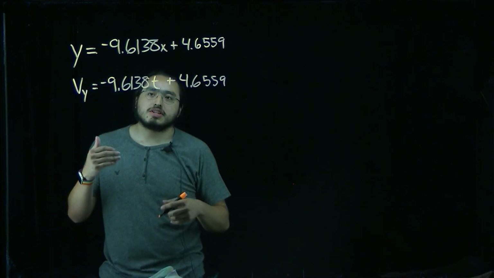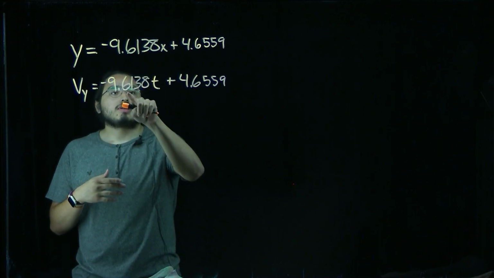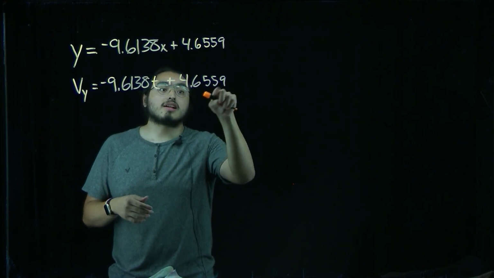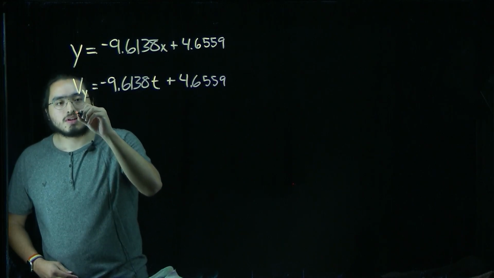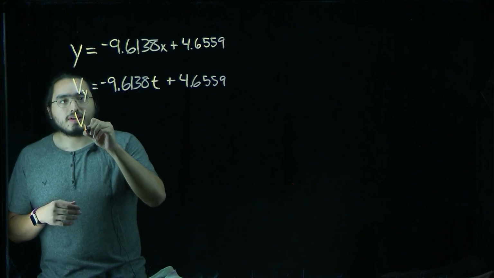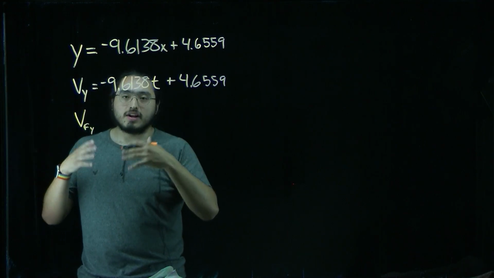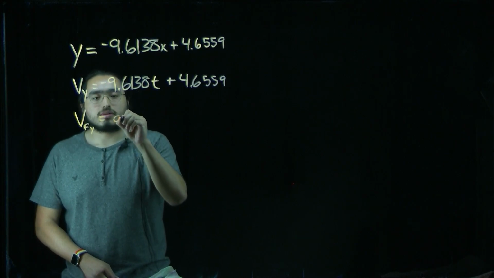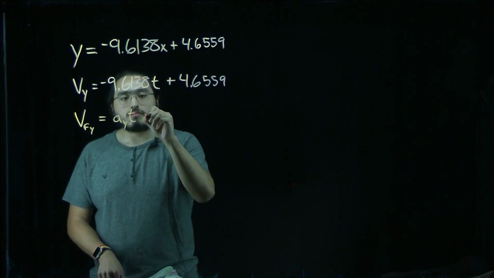All right, so there's a kinematic equation that this is identical to, so we're able to figure out what these coefficient values refer to, and what this constant refers to. For our kinematic equation, I'm going to specify it for the y direction because that's what we're looking at. It would be v final in y, the final velocity in the y direction, equal to acceleration in the y direction times time plus